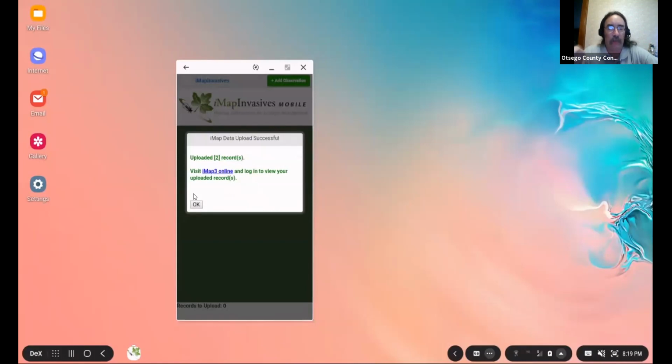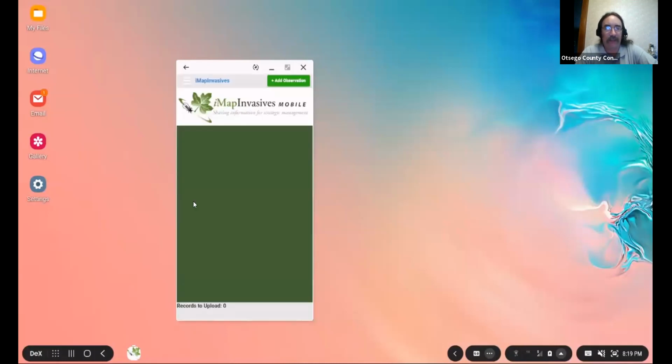And then you can go back on the desktop and add in polygons and do some editing to the records there. So, and that is it. Now as we're back to our home screen, all the cards are gone. It's just the blank screen, and that's it. That's the iMap program.